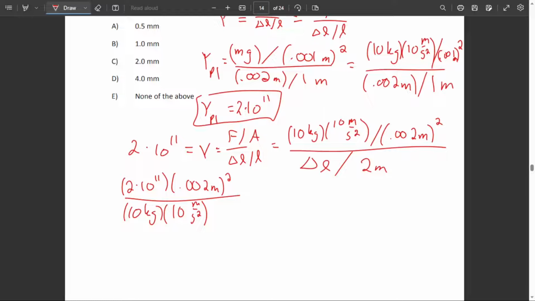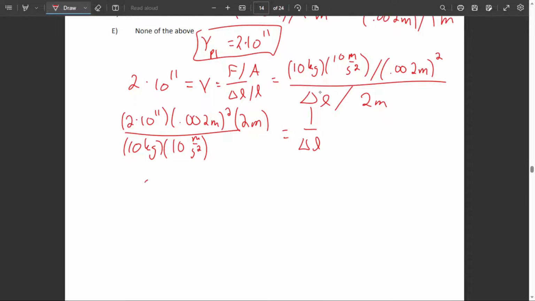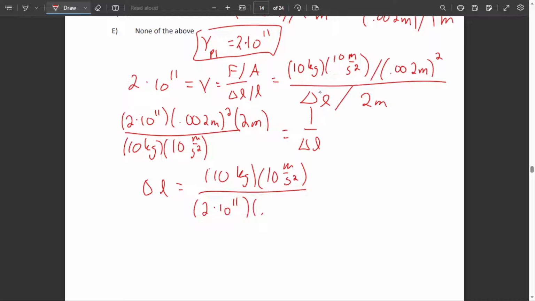And on the right, we're going to have 1 over change in length. So then we can just flip everything around, and we get change in length is equal to 10 kilograms, 10 meters per second squared, all over the Y. Alright, and then this equals